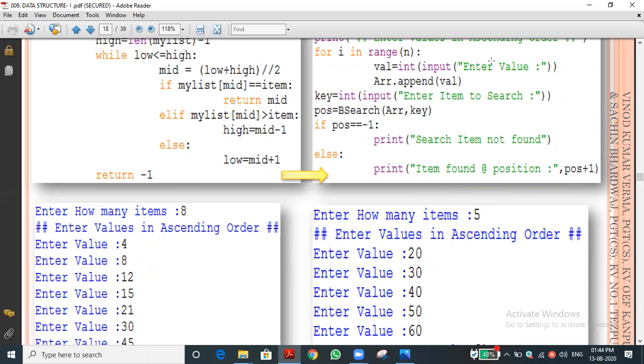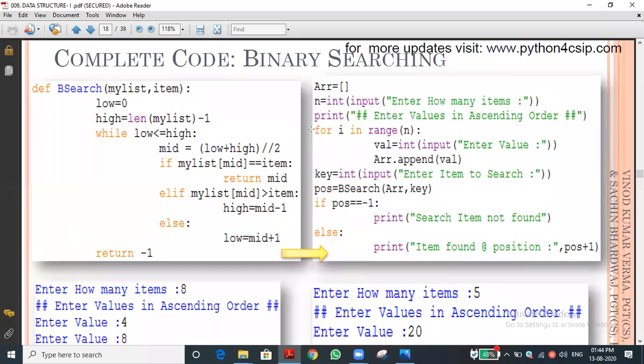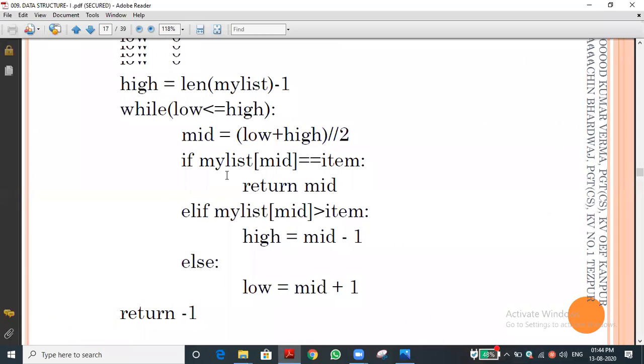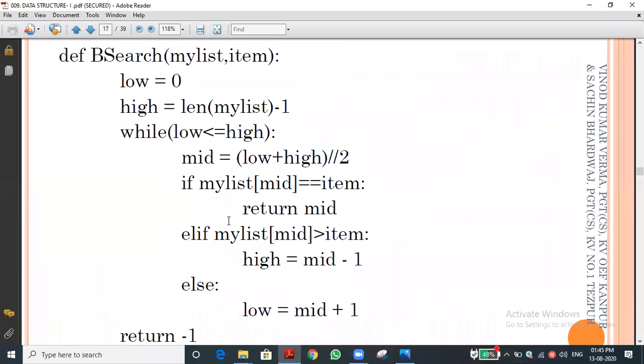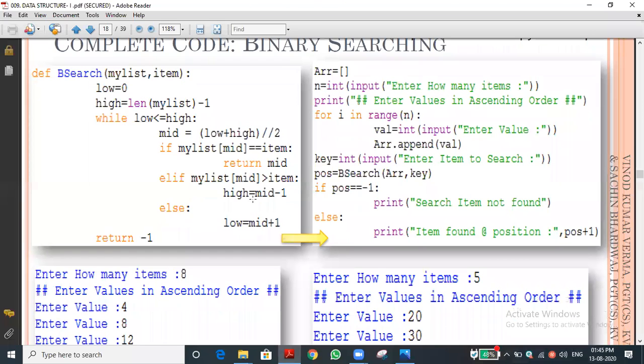Have you understood how the program will execute? Yes, sir. This is one of your practical programs, binary search. Please do it very carefully. Suppose if it is less, then any one of the conditions will execute. This is the proper syntax that we are using for the program. Please go through it later.